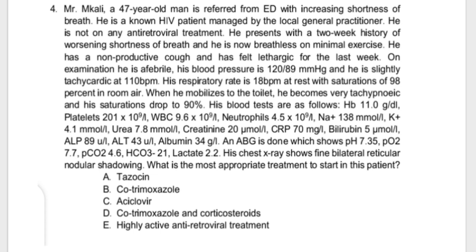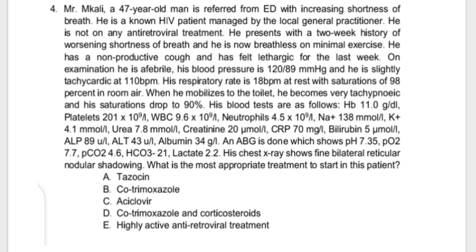His blood pressure is 110/89 millimeters of mercury, and he's slightly tachycardic at 110 beats per minute. His respiratory rate is 18 breaths per minute at rest with saturation of 98% on room air. When he mobilizes to the toilet, he becomes very tachypneic, and his saturations drop to 90%. His blood tests are as follows: Hb, platelets 201, white blood cell count 9.6,